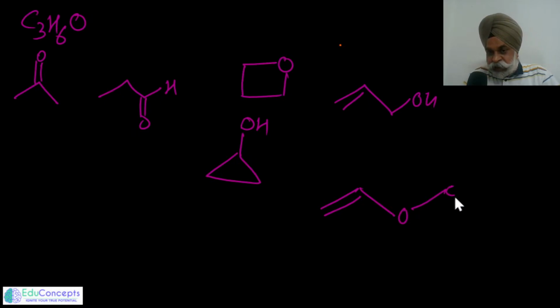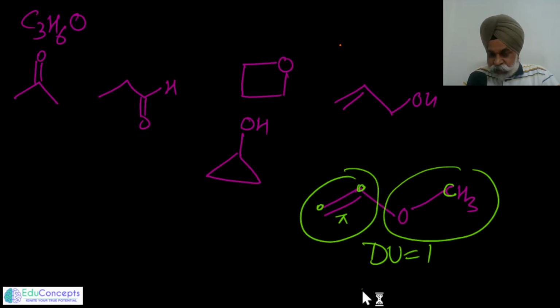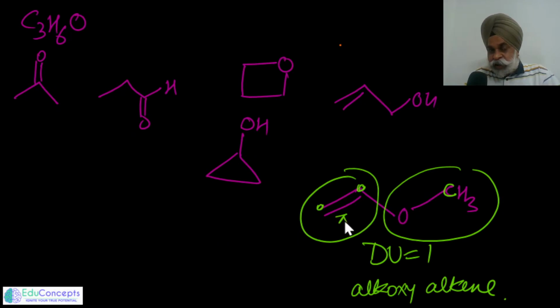If you would just see carefully, just see the number of carbon atoms. Carbon atoms are 3, 1, 2, 3. Degree of unsaturation is 1 because of this pi bond, and 1 oxygen atom is there. So definitely this particular molecule would have the number of hydrogen atoms as 6. So in what class of compound would this be? This is an alkoxy part, this is alkene. So I can say alkoxy alkene. Alkoxy alkene again may have the same sort of molecular formula